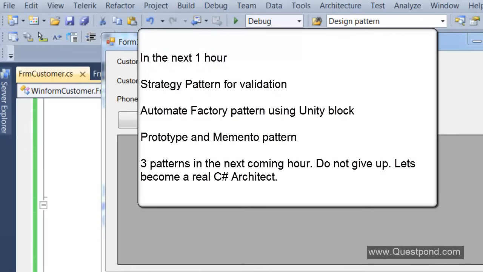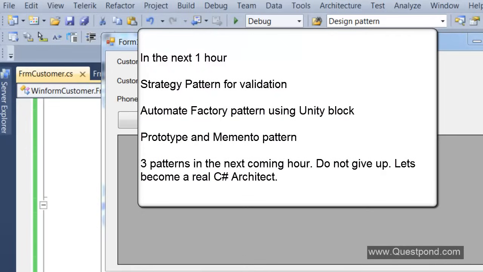We will also see how we can automate the simple factory pattern class. Because at this moment, we are writing a collection, then we are doing a lookup and whatnot. But in reality, if you want to create a lot of factories like this, you would end up with a lot of custom coding. So as I've said in this class, one is the design pattern, and the other is how to automate that design pattern. So in the coming hours, we'll try to automate that factory class. We'll try to remove that collection. We'll try to remove that lookup.